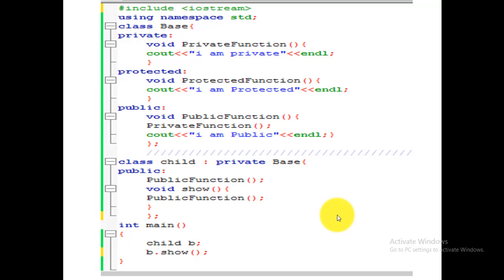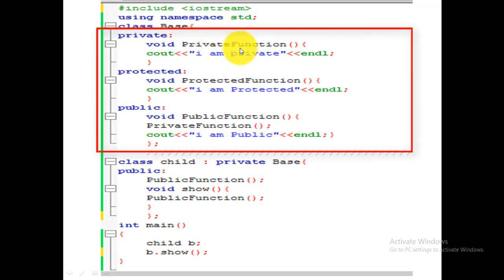Obviously we will use the same mechanism as we did in the public inheritance and protected inheritance. As we have discussed, this is a rule that the private section, or the private data members, private variables and private functions, can only be used by the same class functions. So if we want to access the private function, we have to first call it in the public function that is under the public access specifier.